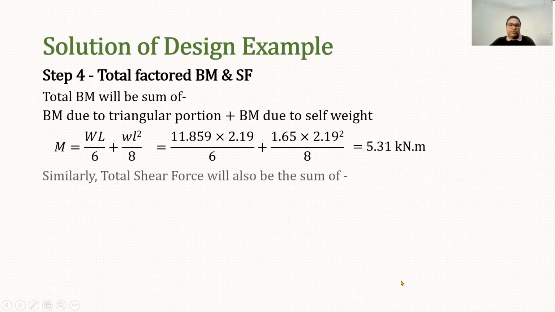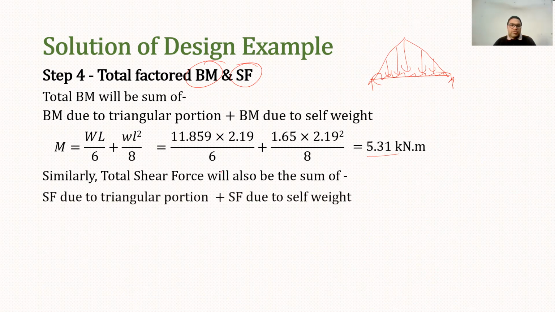Similarly, we will find out the shear force also. Again, I'm making the diagram. This is the UDL and this is the triangular portion. Because of this load, the internal forces which develop within the beam will be of two types: one is the bending moment and the second one is the shear force. How to calculate bending moment and shear force and develop the formulas, I have discussed in structural mechanics lecture 7, 8. You can refer to that. I am again putting the direct formula for shear force here.